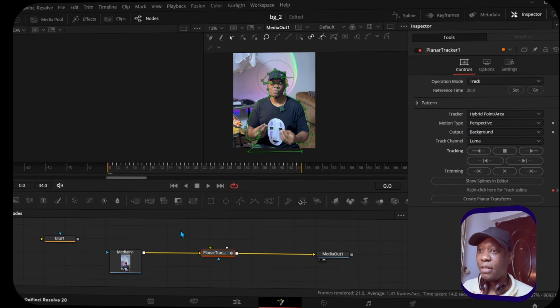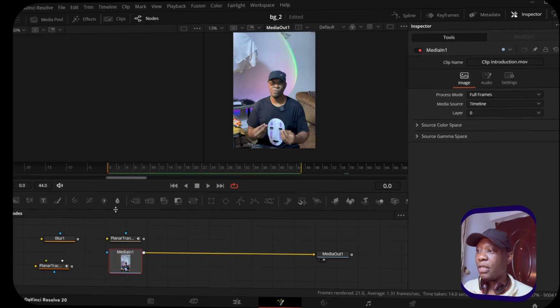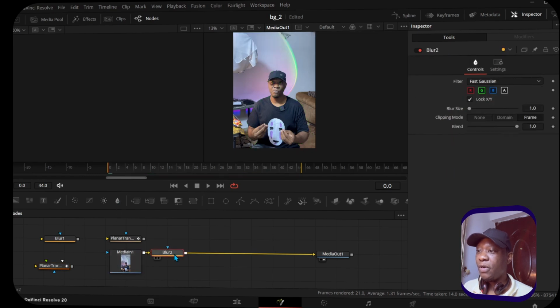So now that we have that, let's create a planar transform. This is just going to give us keyframe data of this information. Now that we have that, let's hold shift and click away. So we're not done yet. Let's click on our media in and let's click on our blur node. So now that we have our blur node,